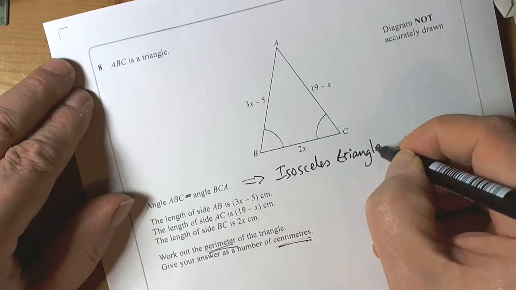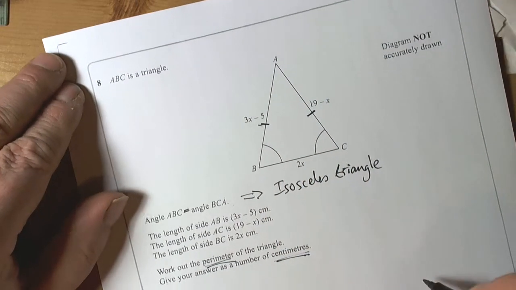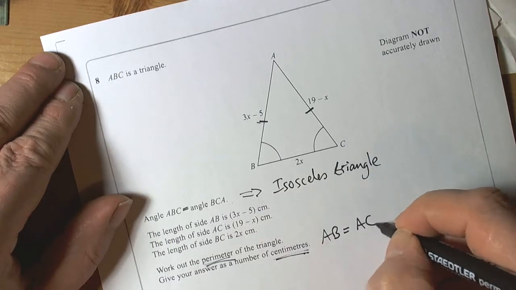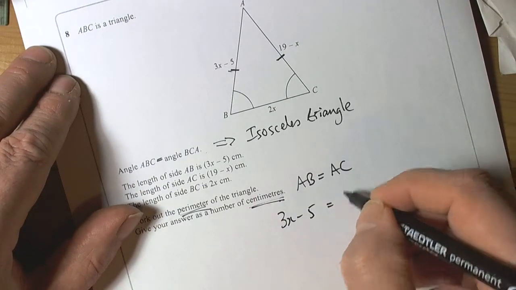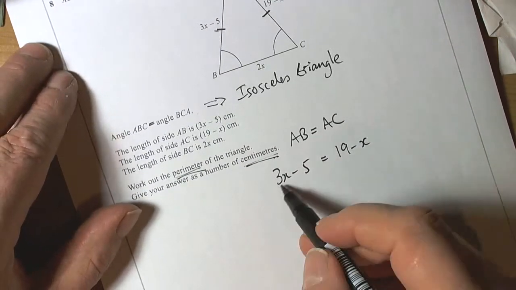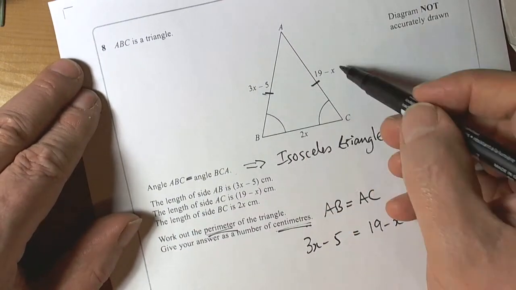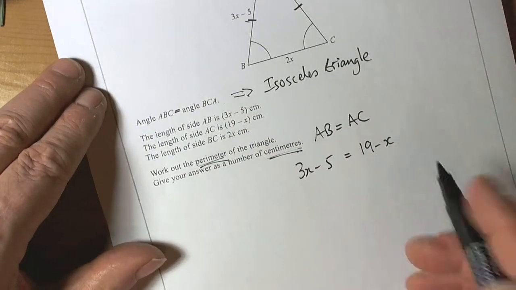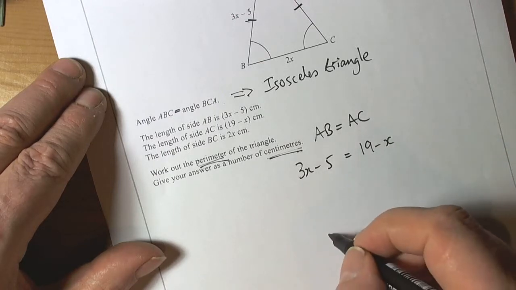So if we're dealing with an isosceles triangle, then that tells us that this length is equal to this length. So straight away we know that AB is equal to AC. AB has been given as 3x take away 5. AC has been given as 19 take away x. We've got an equation here. That means we can find a value for x, and once we've got a value for x, we can put that back into all the expressions for the sides, and therefore we can work out what the number of centimetres are. So classic solve an equation question,